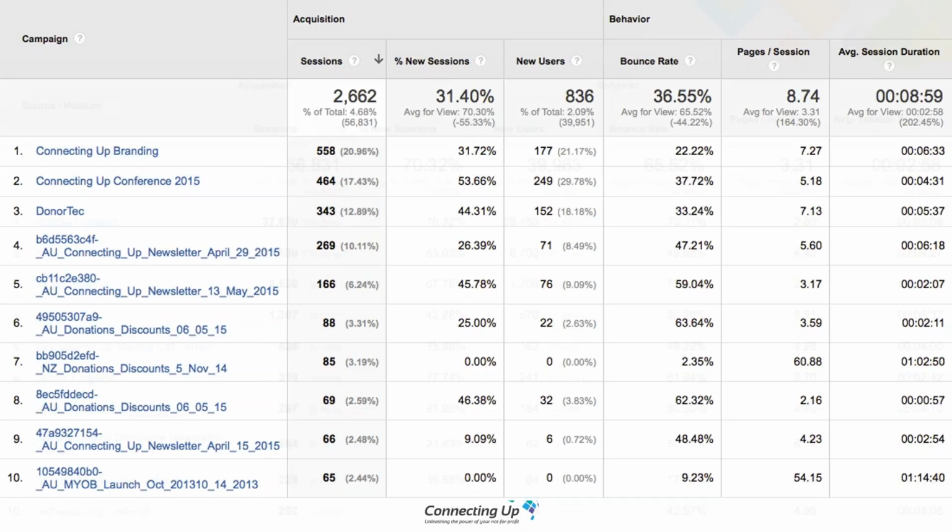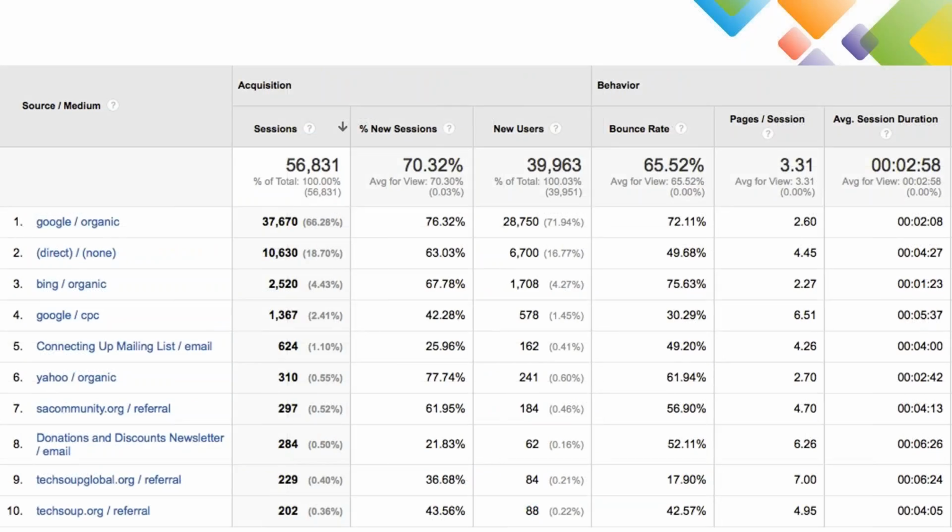Now, the other thing I can do here is limit this down to a source and a medium. The source in this case, we've got Google over here, and organic, so that's organic search engine traffic, free search engine traffic. Direct is people typing a URL straight in. Bing/organic, that's free Bing traffic. Google/CPC, again, that is the cost per click advertising I was talking about before. But then we get into these kinds of things. So connecting up mailing list/email, that is the connecting up mailing list on MailChimp, and that was sent via email. Yahoo Organic,